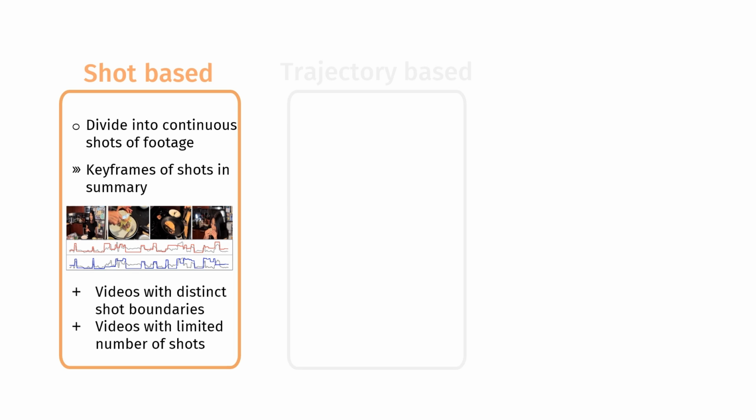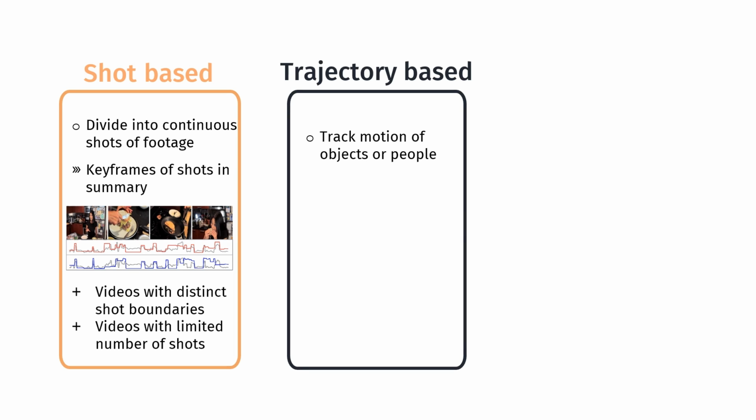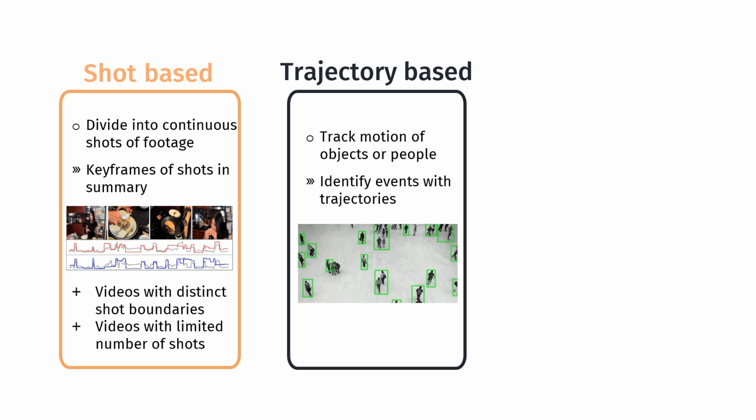Trajectory-based video summarization techniques track the motion of objects or people in the video, and use their trajectories to identify important events or actions. These trajectories can be obtained using object tracking algorithms, and can be used to identify activities such as walking or running. This method is particularly effective for videos with a lot of motion and activity, such as sports events or crowded